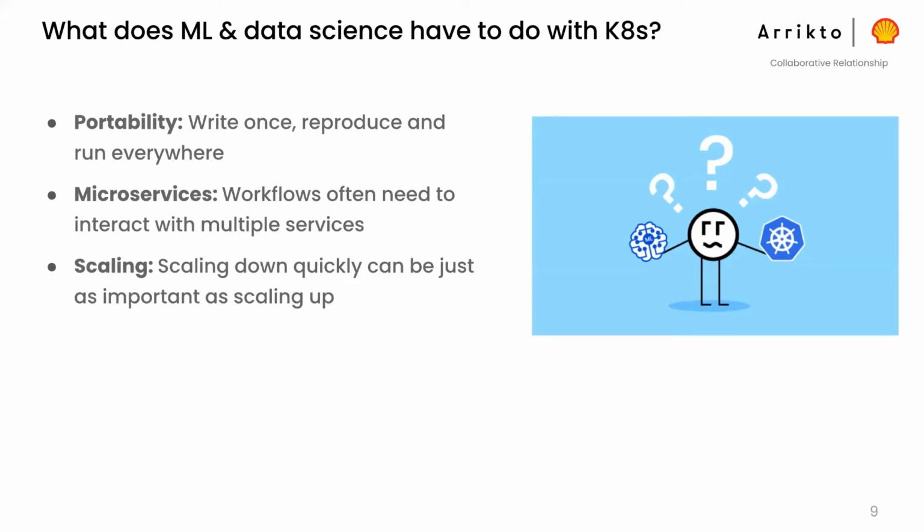So just as quickly as we need to get access to those resources, we need to scale down and release those resources so that other people can come in and use them. So Kubernetes, or a container-based architecture, is going to be essential in being able to facilitate that. So that's why, when we think about machine learning and data science and what that has to do with Kubernetes, these are three solid reasons why Kubernetes is an excellent infrastructure on which to build our machine learning and data